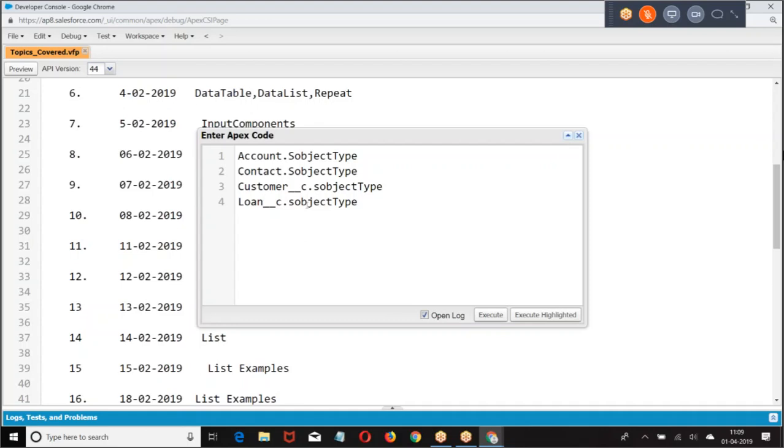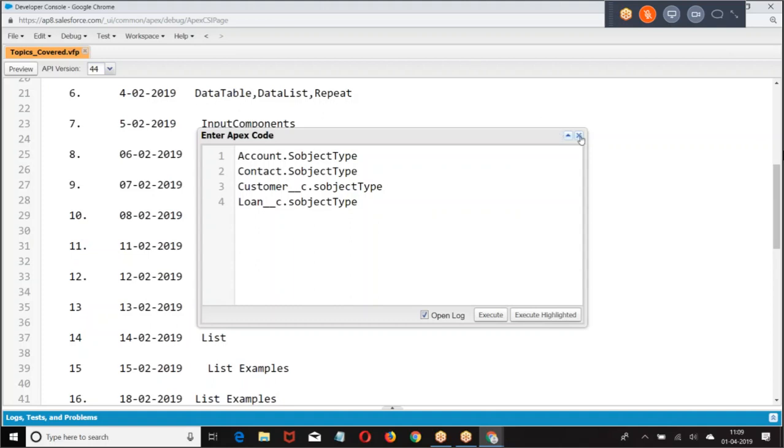We are referring to the particular sObject: Account.sObject, Contact.sObject, Customer.sObject, Loan.sObject. We are referring to the corresponding formats. I hope you are good with this. It is specifying which type of sObject this is.